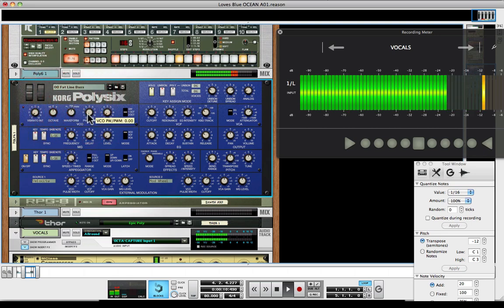Fully adjustable virtual analog instrument. Very, very nice. And of course, within the Reason environment, you can fully automate all of these parameters. So now that we have KORG within Reason,